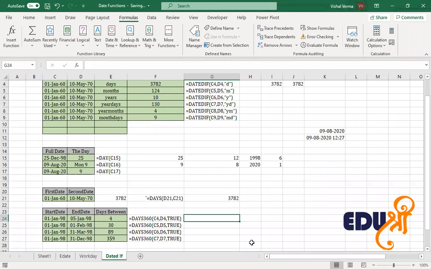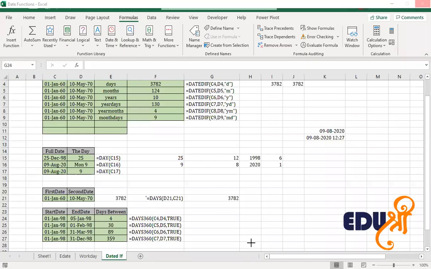The next date function we'll be working on is the DAYS360 function. For DAYS360, we have the start date, the end date, and then the option of true or false. DAYS360 works on a 360-day year, that is 12 months of 30 days each.